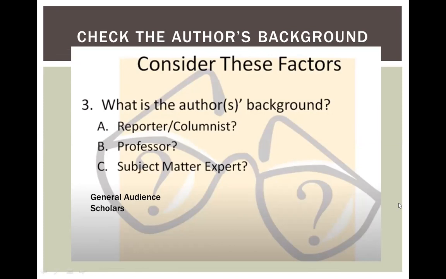Then, for example, if it's an abstract from Nature or some very professional website, it should be a scholarly audience. Mostly in this kind of article, the language will be more technical